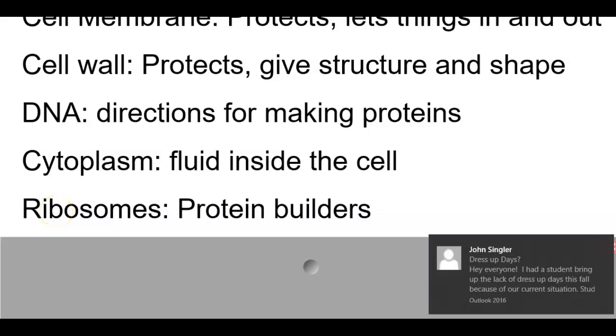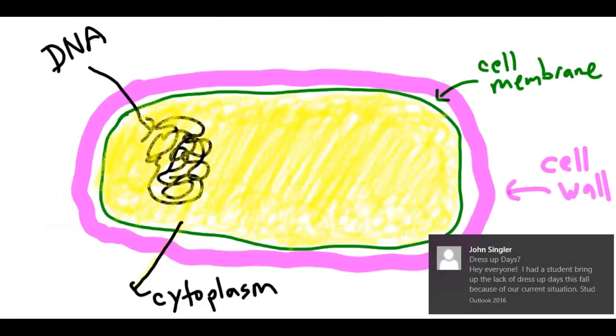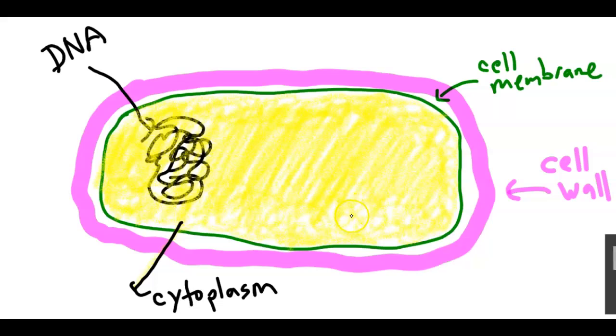And these guys are just really tiny little dots. So I'm going to pick a different color I haven't used yet. And I'm just going to make some little circles. And they're just kind of everywhere. Some cells have more, some cells have less. In your human body, all of your cells pretty much have a few, but some of your cells have many, many, many more. So these little dots,